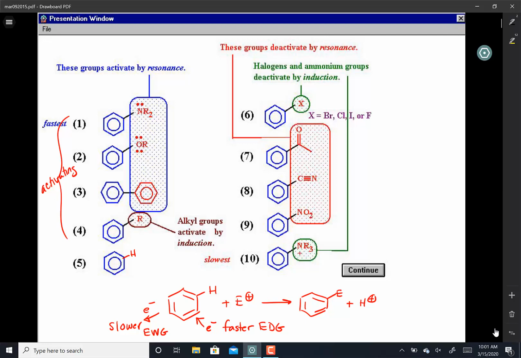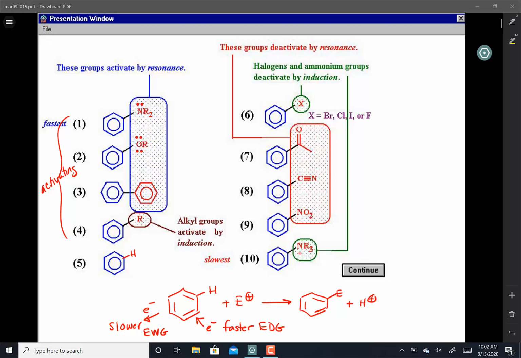The hydrogen then is our baseline, and on the other side we have halogens. Now halogens are going to deactivate the ring, meaning that the reaction is going to be slower. So everything on the right hand column here is an electron withdrawing group. So halogens will deactivate the ring, but not as much as carbonyls, C triple bond N, NO2s, and then finally